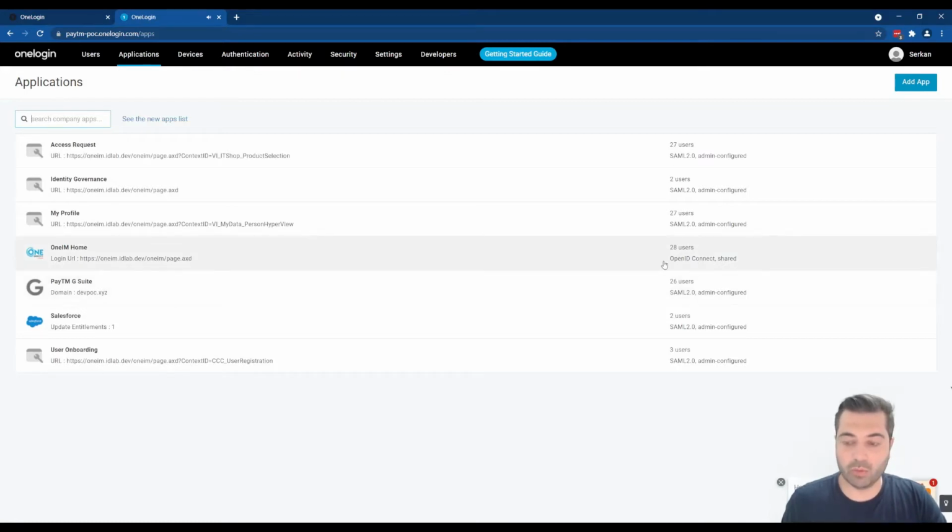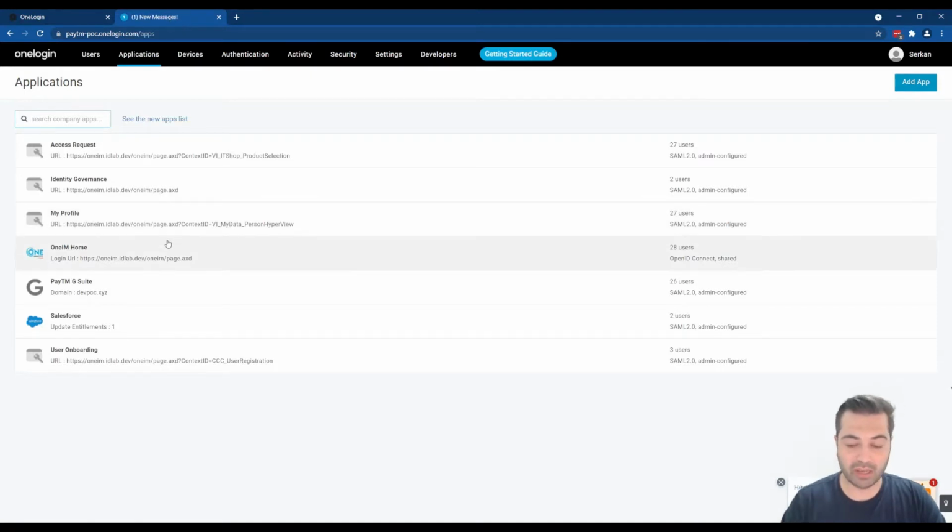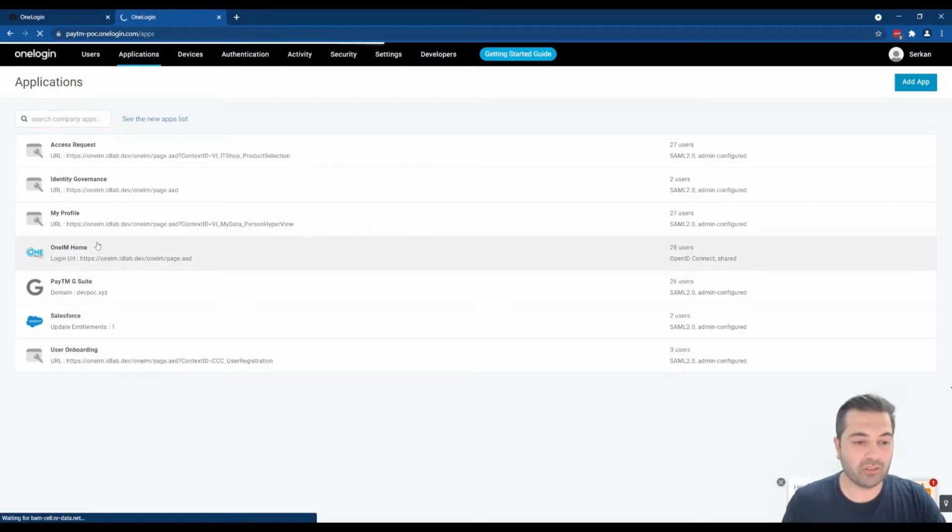Some of these are OpenID Connect, which is what we use for Identity Manager, and I have a handful of quick links that have been set up with just the additional context ID query string within the URL to navigate the end user directly to a section within the portal. If I open up the Identity Manager application,